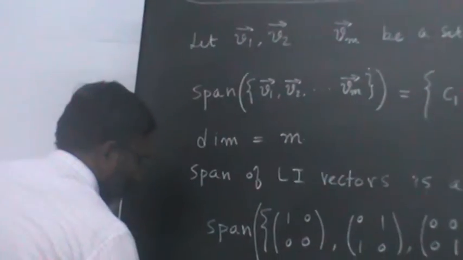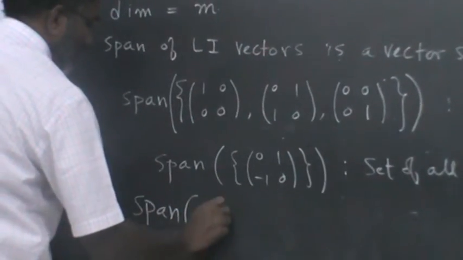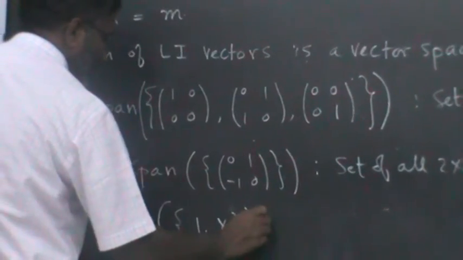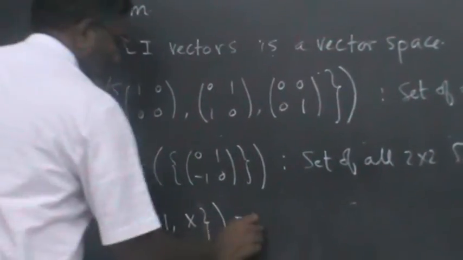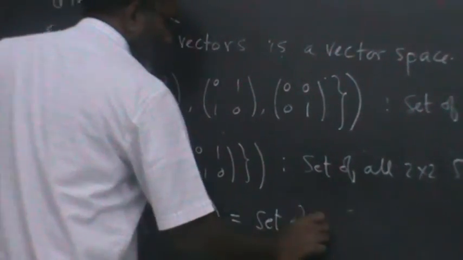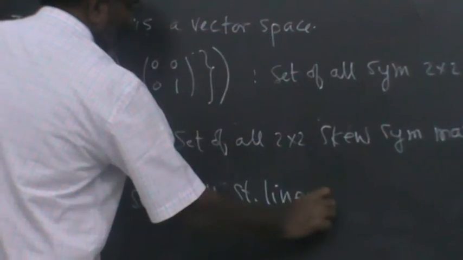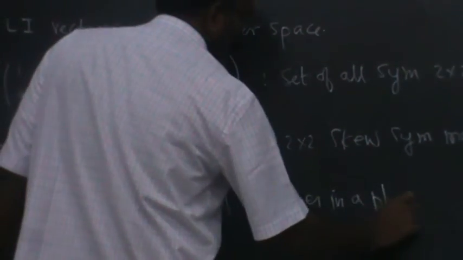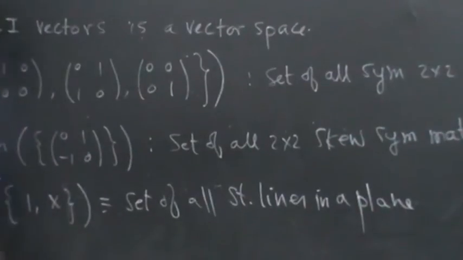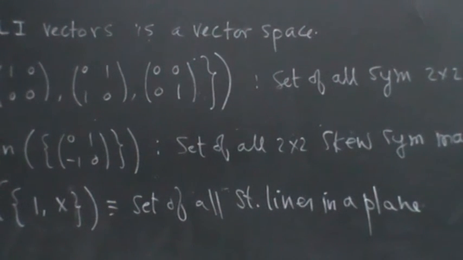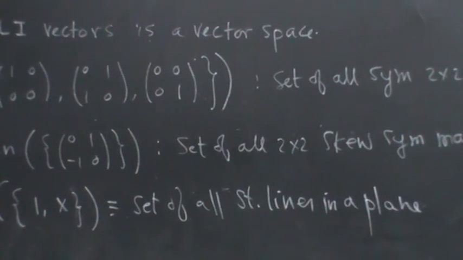And if I take the span of 1 comma x, this will be the set of all straight lines. Okay. So whatever vector spaces that I have discussed from morning can be viewed as the span of some basis elements. You take a higher vector space,